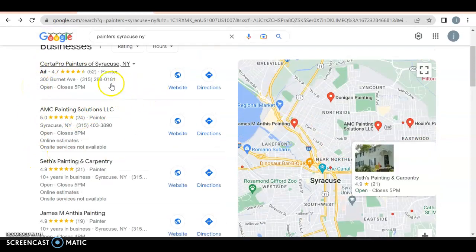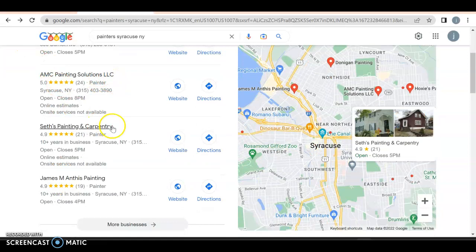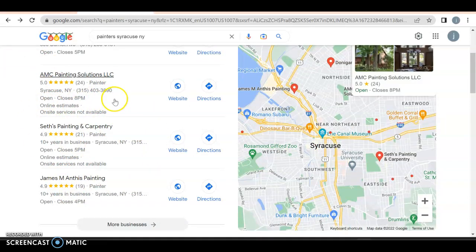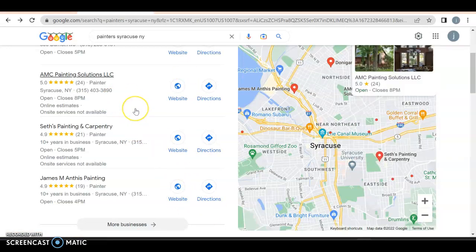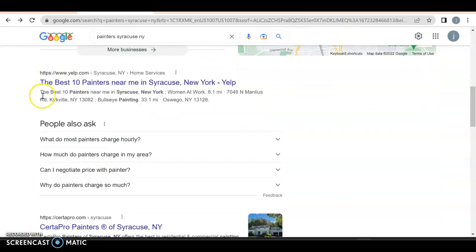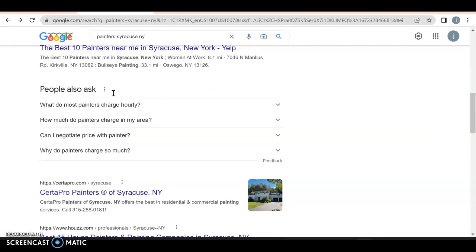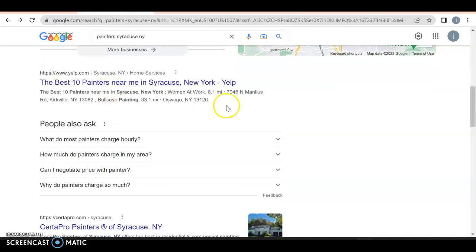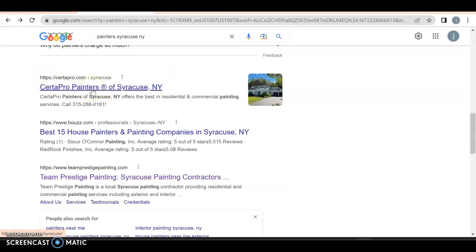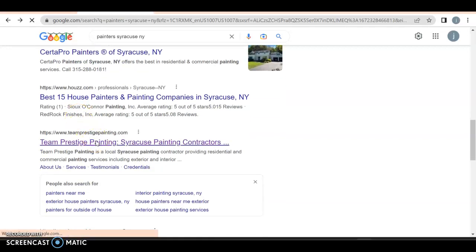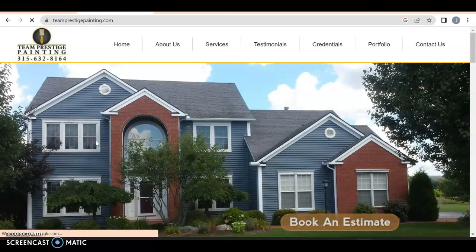So I put that in, and this is what I find in the area. We have, obviously, an ad over here for CertaPro, they're everywhere. But then we have your other GMB people. 30-40% of people will click on one of these, so it's important to have one, but you can go without. As far as the organic search goes, you definitely want to be in the number one spot, because even if it's Yelp, people don't like Yelp, but still they'll click on it. So we got Yelp, we got CertaPro. I would kind of do CertaPro, but they are everywhere. So I'm gonna leave them be, and I'm gonna go to Team Prestige Painting because they're local,